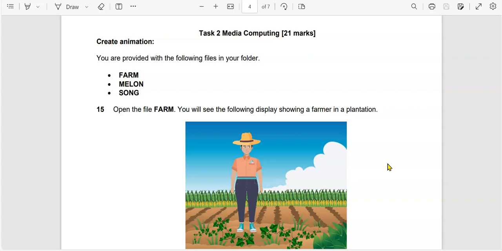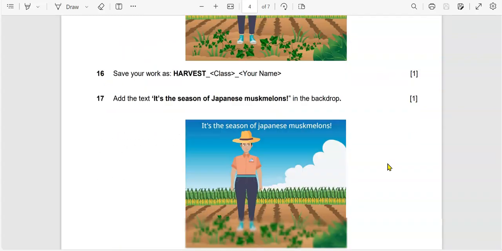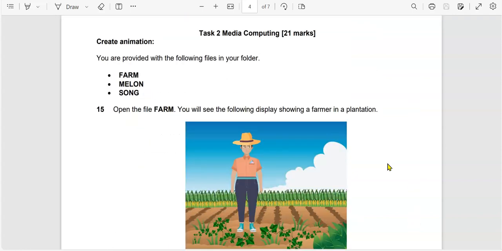Okay, so this is farm and you will be making an animation about how to harvest muskmelons, and I hope you enjoy. Okay, so this is the worksheet with the questions, and now we'll be using the online Scratch to